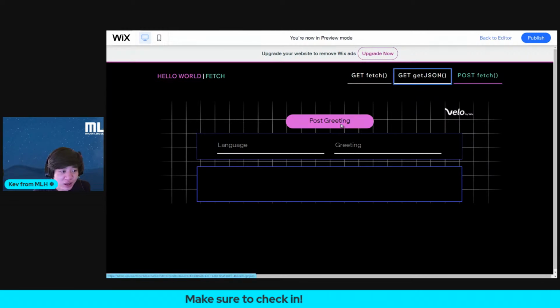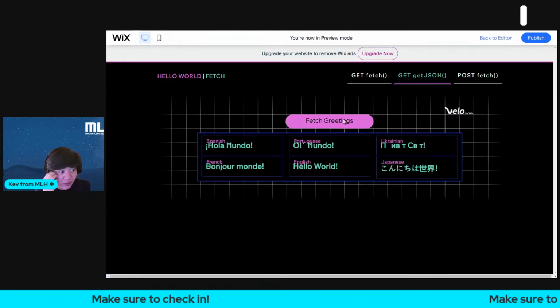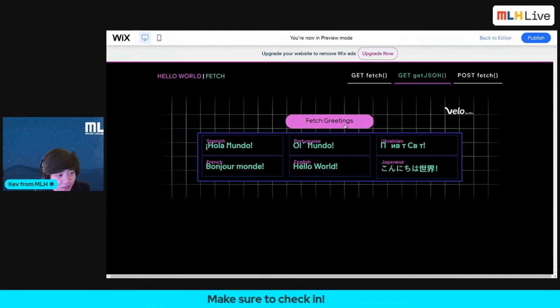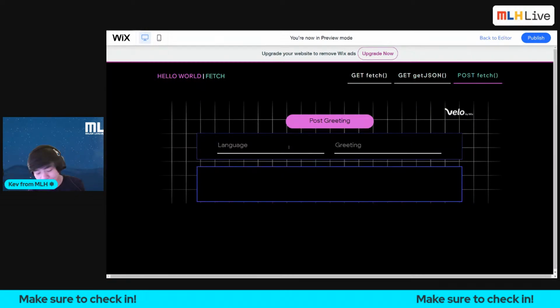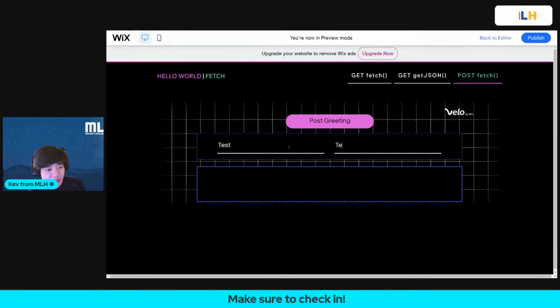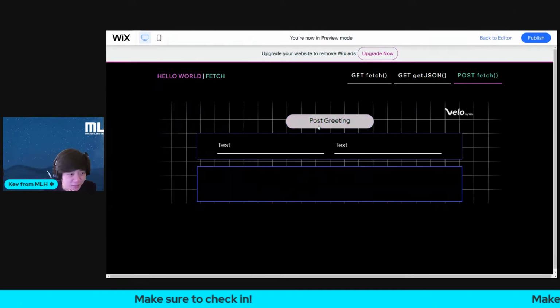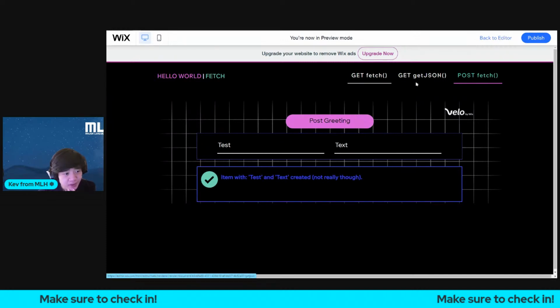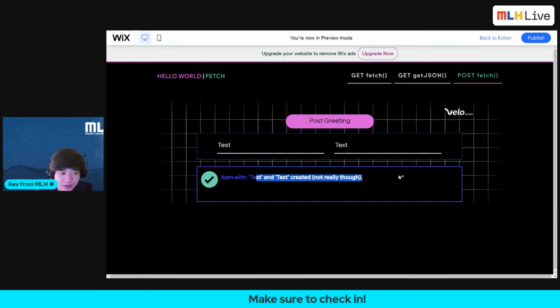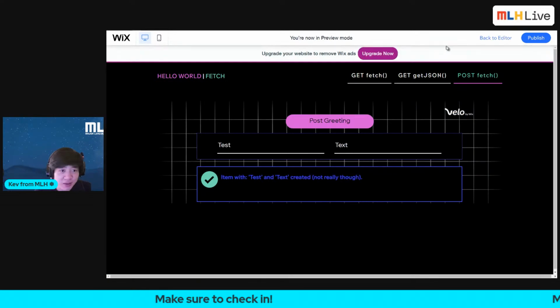You can also get the actual JSON object to see what is in there. So there is a few of these. Fetch more greetings. Let me see if I can. I think maybe this doesn't link to the database. What if I do test text? Actually, I wonder if this works. I'm curious now. It says it was created, not really though. Okay, that's what I thought. Yeah. Because this is a test, it doesn't really actually get created and added, but you can do that yourself. So I'm going to go back to the editor,